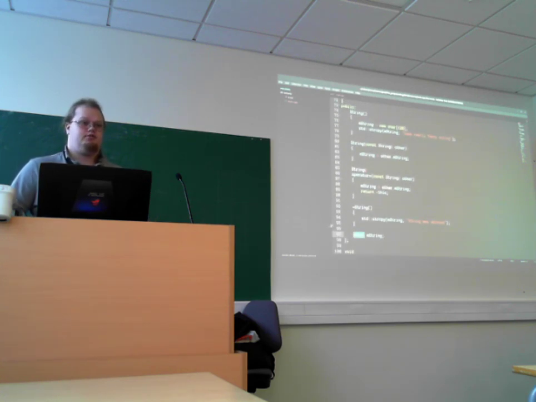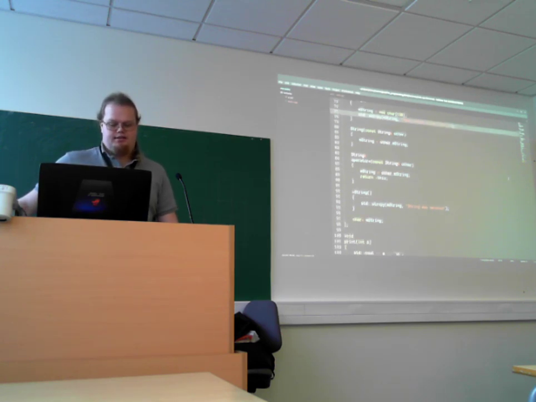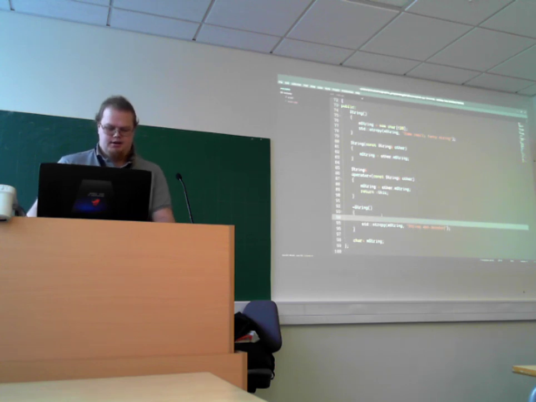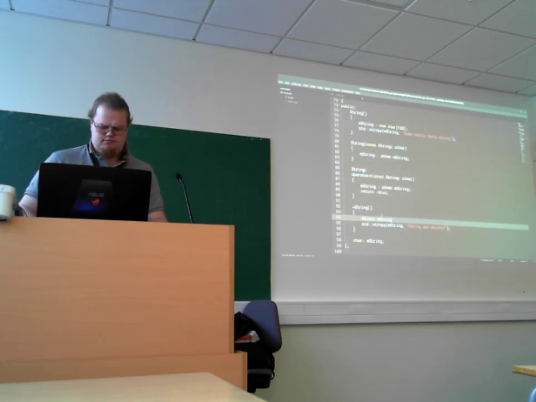You have a character pointer to a string, and in the constructor you create a new character buffer, and then you copy into it some real fancy string, and then at the end you delete the string, which is that way, I think, right?